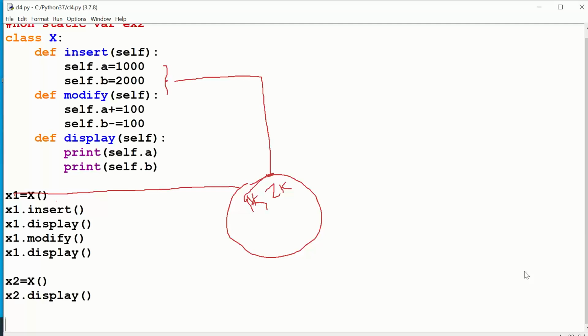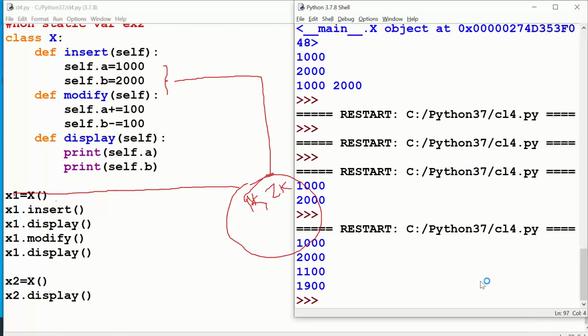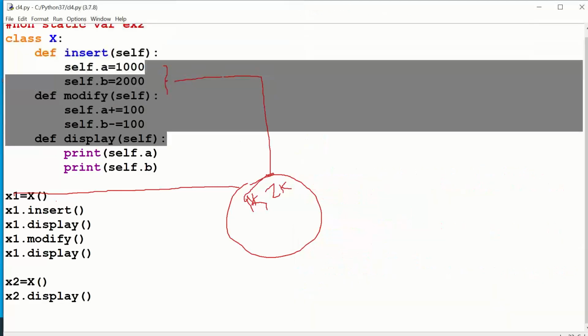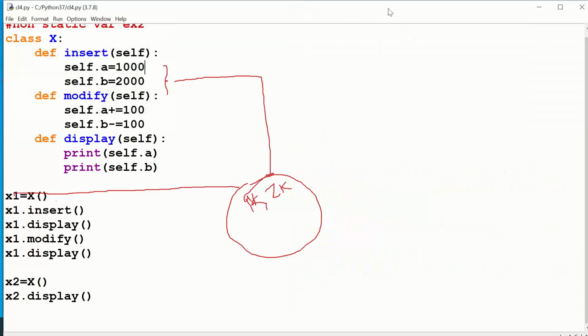Nobody said error as the answer, but the actual answer is error. I'm sorry to say, no one is sharp in this batch. Why error? Please try to understand. I'm clearly giving circles as objects and clearly explaining. Still, if you make a mistake, what should I do?